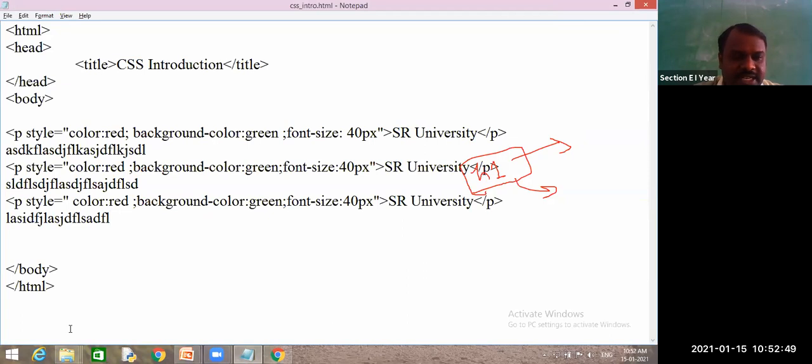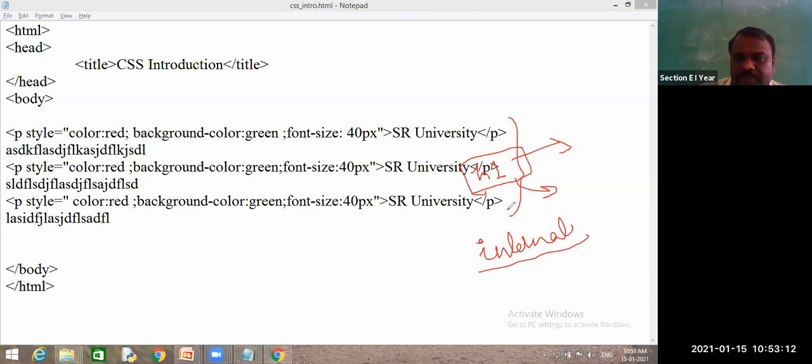So what I said, by introducing CSS, we are reducing some time or not? Yes. How do we do this? By using internal. Now I will change to internal. So what does internal do? In your entire program, the properties which are repeating multiple times, try to write them in internal.